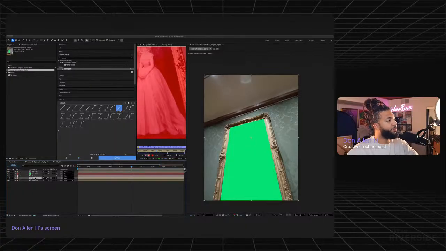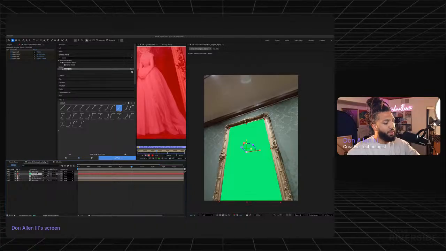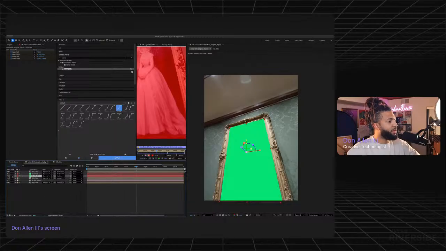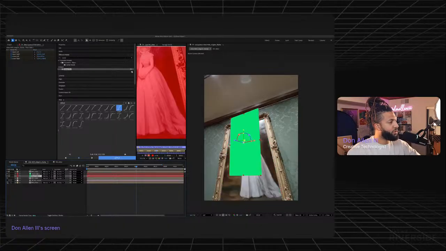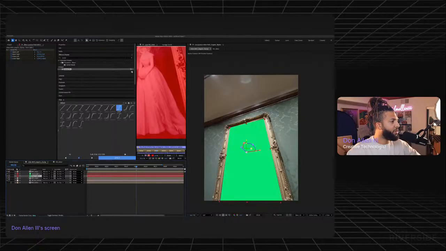So I'm going to make a copy of the footage. I'm going to move it and turn off any kind of camera control things, right? And then what we're going to do is make a copy of that solid. And inside here, there's a toggle switch that is called track matte. So what this will do, I'm going to hide all my footage real quick. So we're just looking at, oh, well, sorry, we need to keep the camera on. Keep the camera on. We have the footage here, and then we have